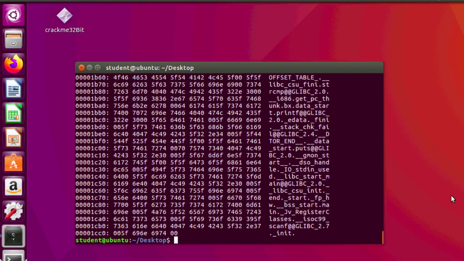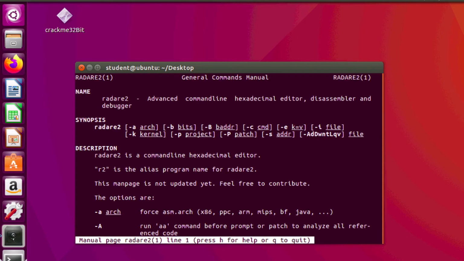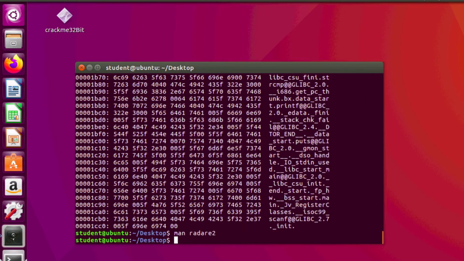Now we can use other tools also, like Radare2 and GDB, to further analyze this file. So now we will use Radare2. For that we can use man radare2, enter. So you can see Radare2 is an advanced command line hexadecimal editor, as well as a command line disassembler, and also a command line debugger. So now we will use the Radare2 debugger